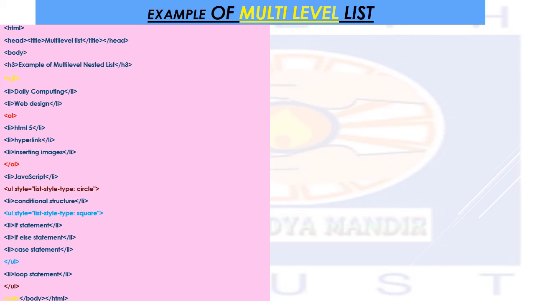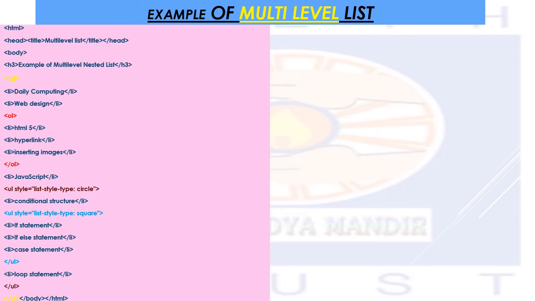In that JavaScript I have given again the UL tag. Can you see this? In brown color it is given UL style. That means again I am giving the UL tag with the CSS. That means I want a certain diagram over there, either a circle, a disc, or a square over here. I want the UL tag to start with my circle, so that is why I am giving it with the CSS over here. In that I am giving conditional structure. This conditional structure is one more topic in JavaScript only.